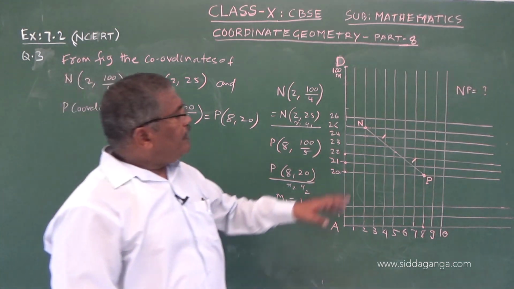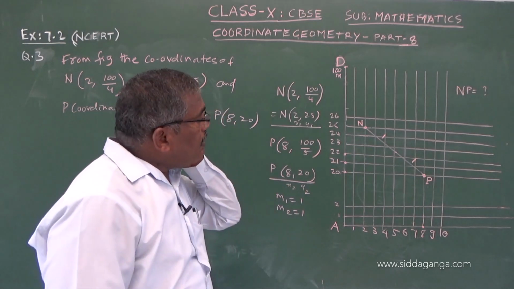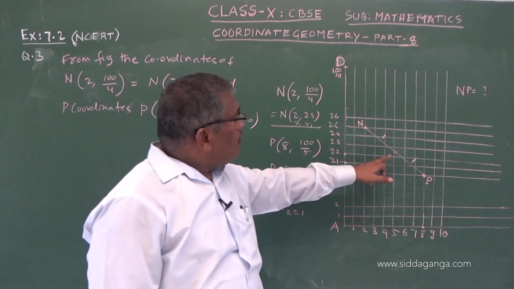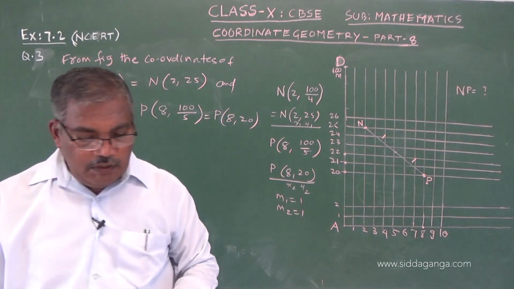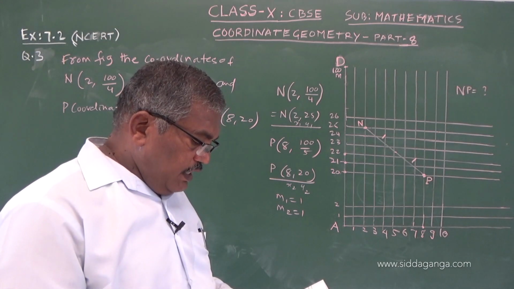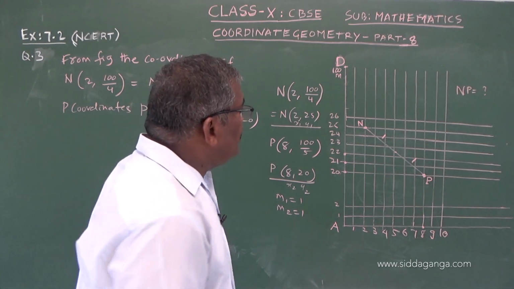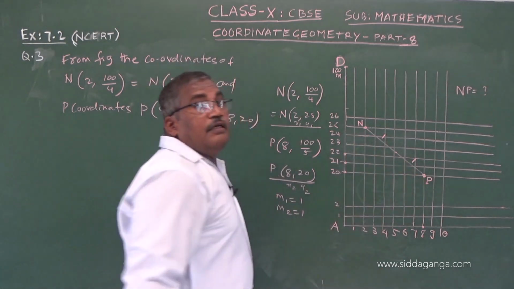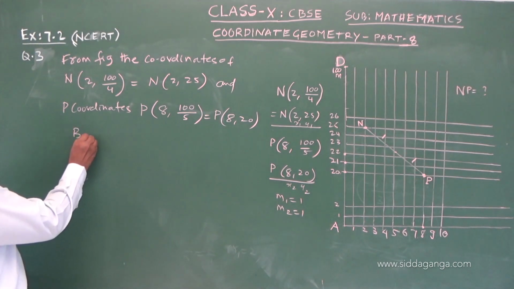Now we do not have to find the distance between these 2 points, it is not asked. What is asked is what are the coordinates of the midpoint. But 1/4 of the second line reach, what is the distance between both the flags? So NP is also asked. So NP we have to find out by distance formula.